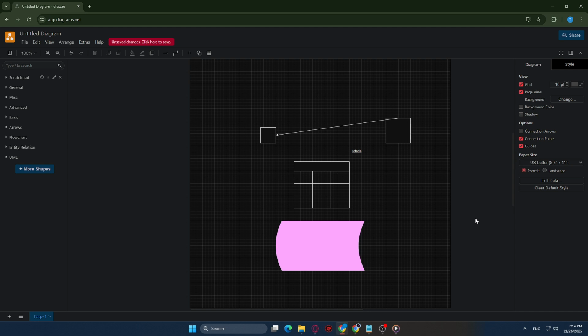That's all there is to it. You went to draw.io, selected the object you wanted to change, and used the rotation handle to turn it exactly where you wanted. Take a moment to click off the shape to see the final result in context. With this simple technique, you can tilt icons for emphasis, angle arrows for better flow, and give your diagrams a more polished,